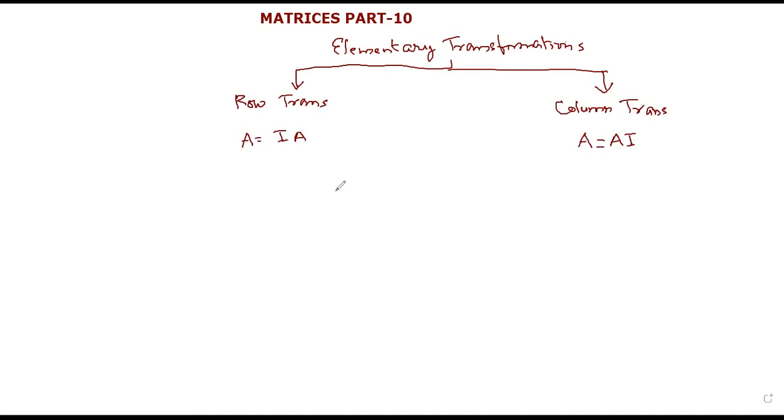And you will apply row operations to make A as I, then the same operations will be applied on the other side and it will become another matrix B. So finally you will get I is equal to BA, which shows that B multiplying with A gives the unit matrix, that means B is the inverse of A. Therefore, we get A inverse is equal to B.